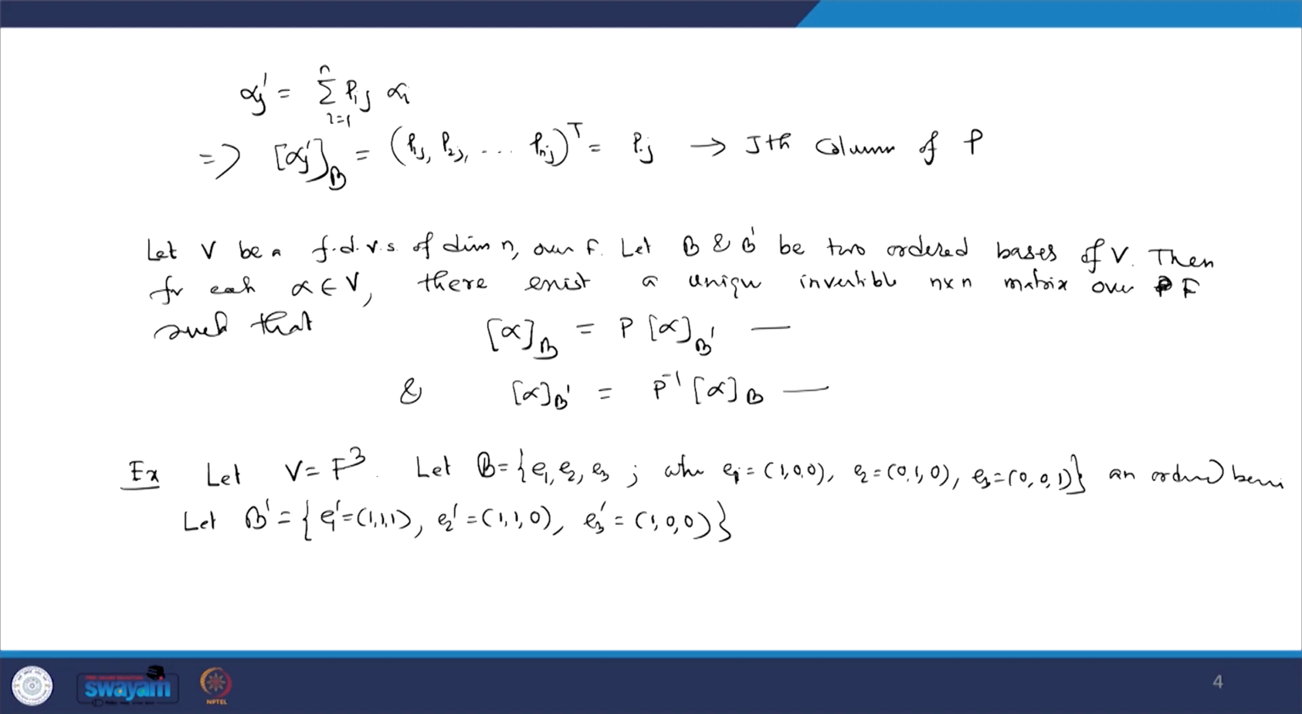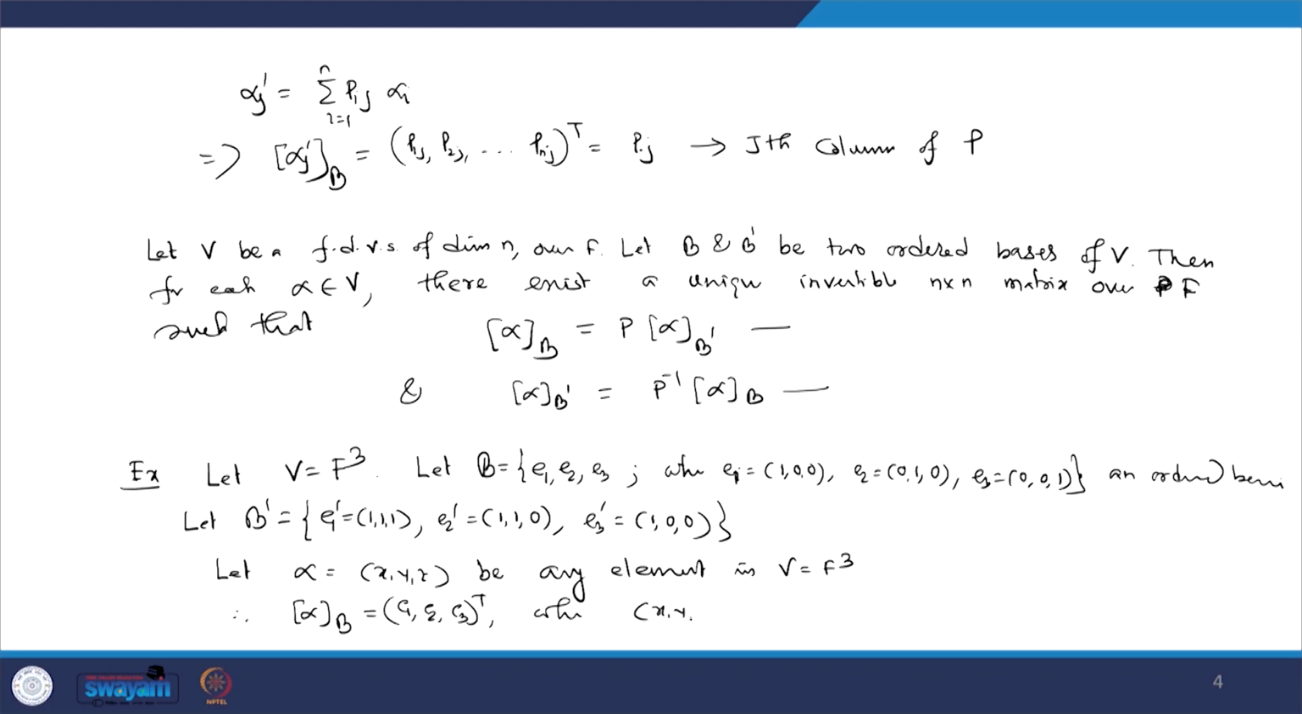So, this is given to us, B prime is also an ordered basis. Let alpha equal to (x, y, z) be any element in V, which is equal to F3. So, what about the coordinate matrix of alpha with respect to B? Then the coordinate matrix of alpha with respect to B will be equal to (C1, C2, C3) transpose, where